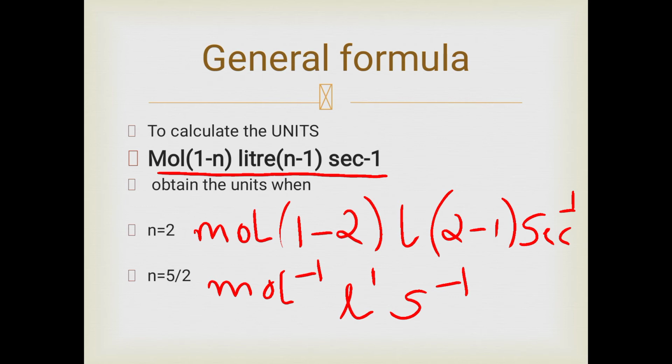Next up, we have the first order reaction. This is the expression that you obtain: Kt is equal to ln of A divided by A minus x. This equation is very useful while solving problems. While expressing this in terms of log, we have to write it as Kt is equal to 2.303 log of A upon A minus x.